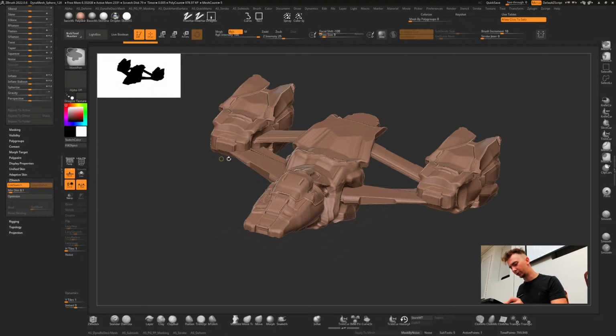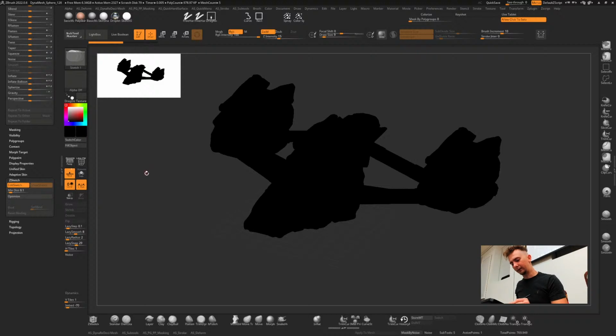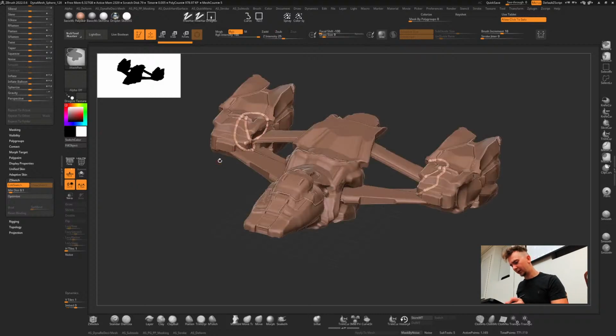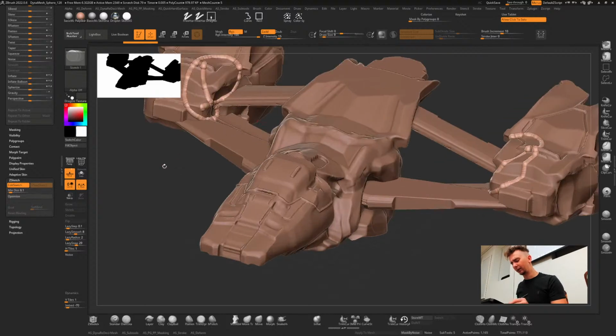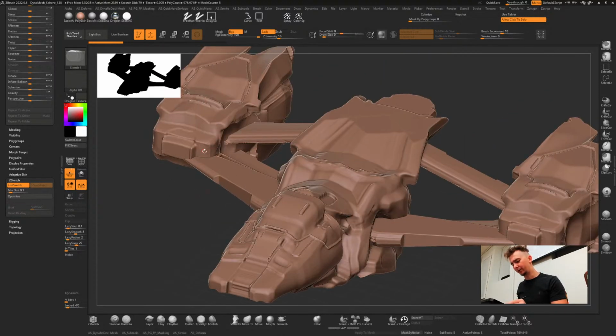And if I make the brush smaller and enable Lazy Mouse, maybe not as big of a radius, and we'll enable the X symmetry. So if I draw something with black lines, actually, because I have too many subtools, I don't want to fill them all with color.